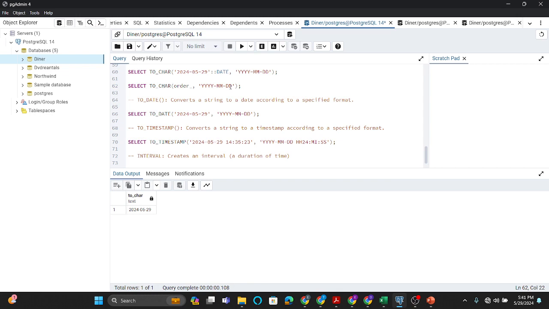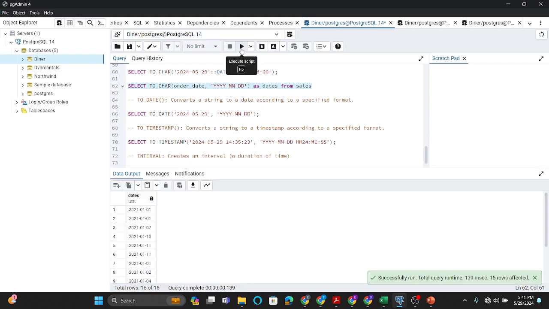I don't even know the format, I think it's the same format. Let's just try this thing. As date from sales, after this format. Yes, it's the same format, and you can see it has converted the order date, which is the date column,